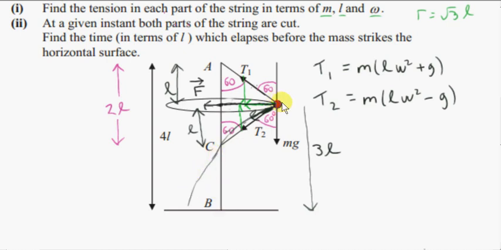But the horizontal velocity of this mass is immaterial. As soon as the string is cut, the only force that acts on this mass is gravity, which is vertically down. And the acceleration due to this force is the acceleration due to gravity g. So it doesn't matter how fast this mass moves in the horizontal plane. As soon as the string is cut, it'll fall at the same rate as any object,